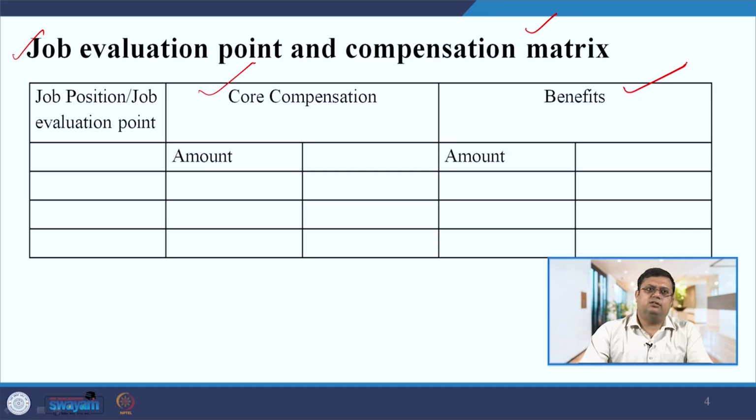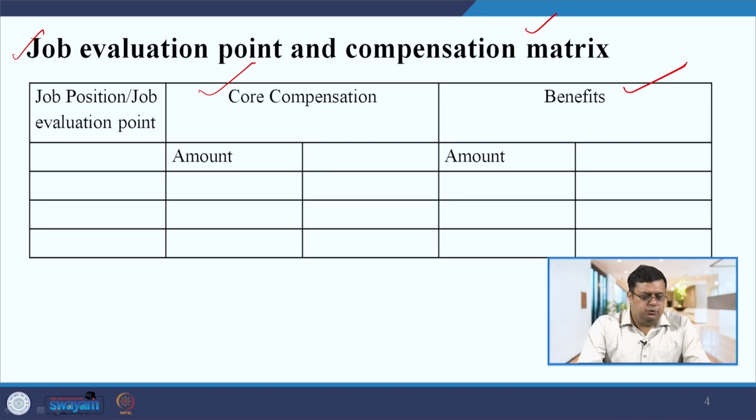But in the case of benefits, your performance may have an impact. As I already said about the types of benefits, some benefits you have to give to all employees because of government norms, and these government norms vary from one country to another. There is no fixed government norm across the world. In India, government norms are different; in the UK and US, the government norms are different. So, there are some fixed benefits that each organization has to give if the employee is a full time employee, and for part time employees some other government rules and regulations may apply.